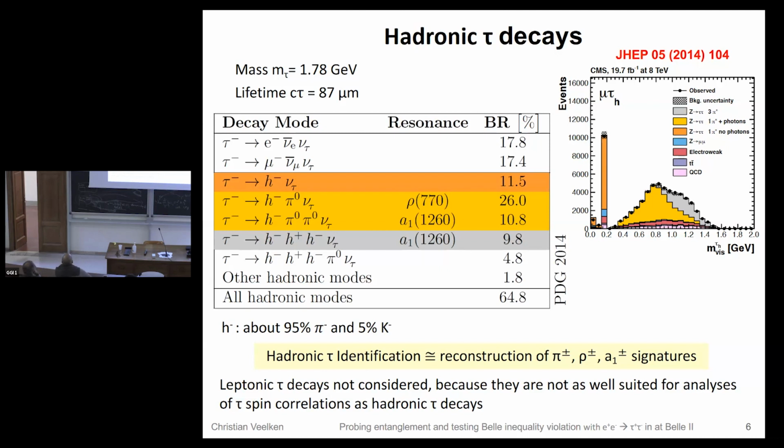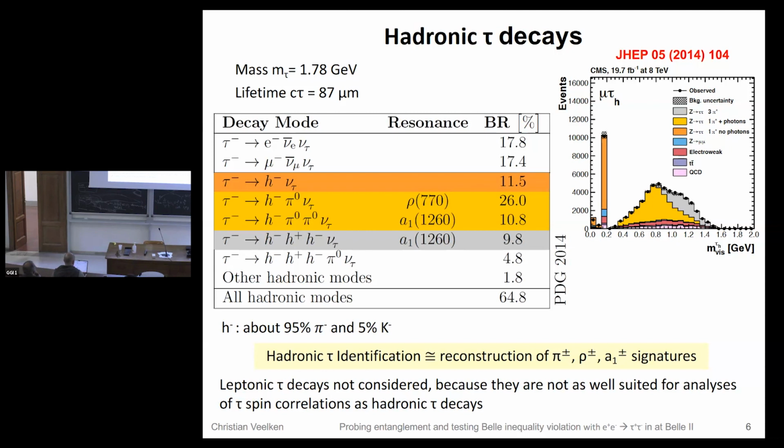Then we also cover the decay of the tau into three charged hadrons, which proceeds via the A1 resonance, and the decay of the tau into a single charged pion. And with the color coding, you can see really that if you plot the masses of the particles that are produced in these decays, you see the rho and A1 resonances. This is to show you that even at the LHC, in a quite tough experimental environment with plenty of background, the hadronic tau decays are actually quite well understood, and we're able to reconstruct them quite well.